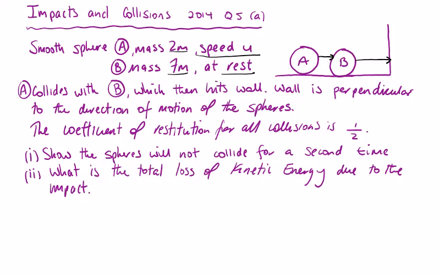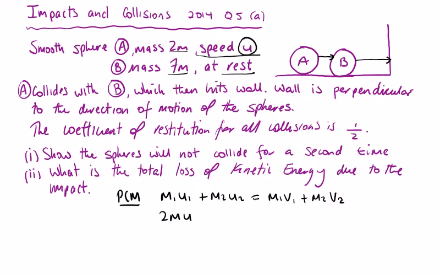for a second time. So let's apply the principle of conservation of momentum to these two spheres. m1u1 plus m2u2 is equal to m1v1 plus m2v2. So I've got 2mu, this speed is u, plus 7m by 0, so at rest, is equal to 2mv1 plus 7m v2. Knock out my m's, and I get 2u is equal to 2v1 plus